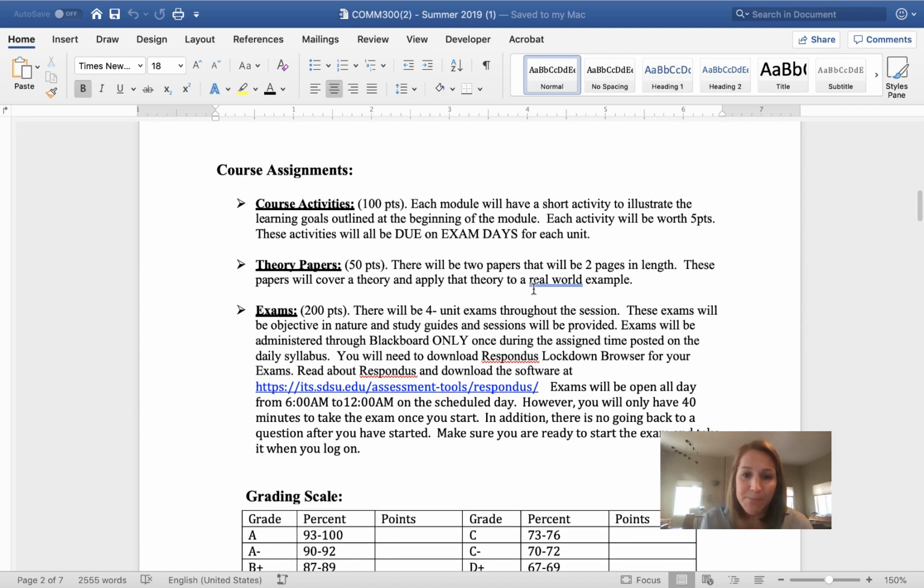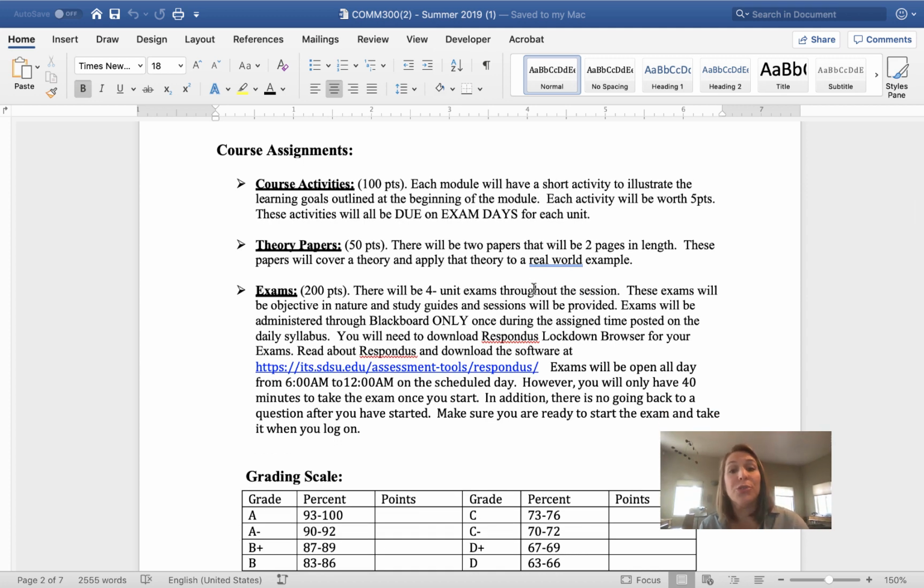The course assignments. What do you have to do? All right, well, each day there is a module or a lesson plan, and it will have a chapter you need to read out of the text, a video to watch, and an activity. Most of these modules or lessons take about 20 to 30 minutes. You can do as many of those as you want in any given day, but each of those will have an activity, and they're worth points. So you want to complete those activities and make sure you have them in before the exam days for each unit. I'll be explaining a little bit more about that, but they're activities that reinforce the lesson or what we just talked about.